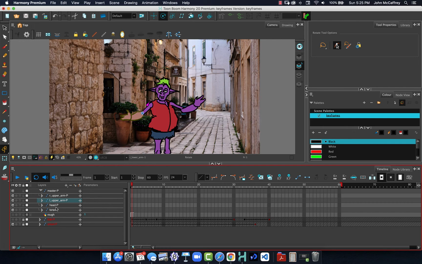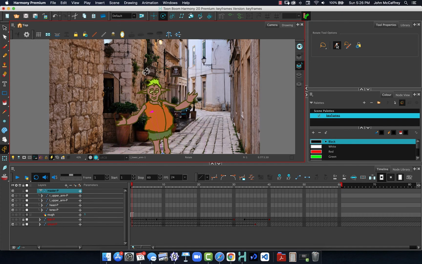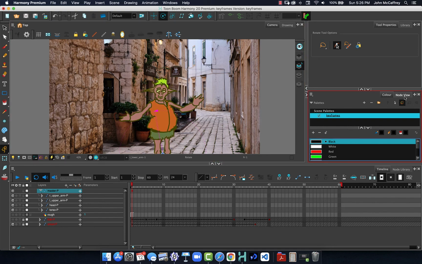And this is where the node view does give us more control, because we can more easily control what layer is on top and which layer is not. So for now, what I'm going to recommend is we just do parent-child with the arms. We have the master peg if we want to now move our whole character. So if I want to start my character leaning this way, and then he's going to move in this way, the head will turn, the arms will move, and do all of that. We can start animating all of that. That will be the easiest way to control it, so we don't have to get too crazy with our node